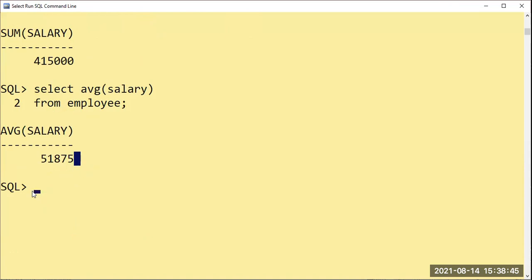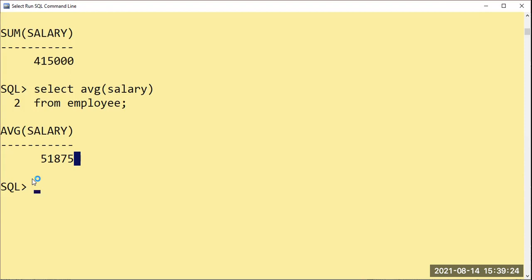Okay. Next type of aggregate function: I will say count. How many employees are there? Assume that I have 10,000 employees. I would have to go and increase this, and otherwise I would have to write the query as an update. It will say 8 rows updated, 8 rows selected. But how many times will we write that?